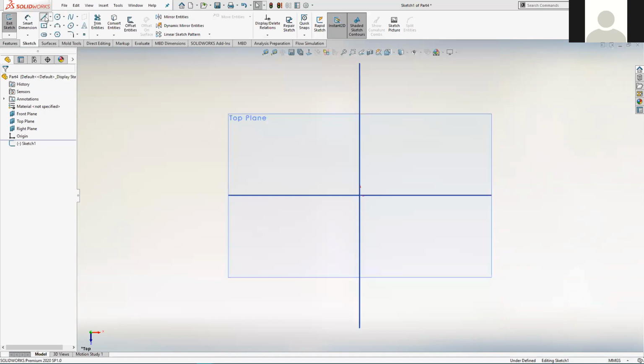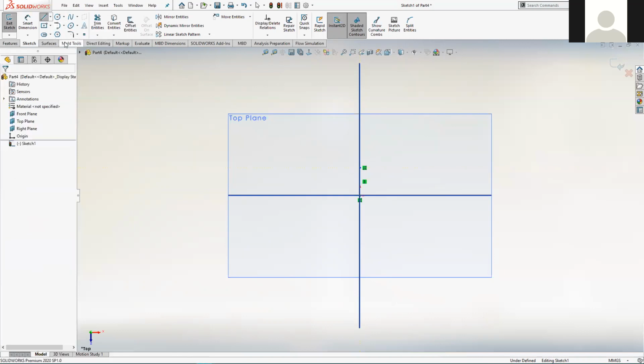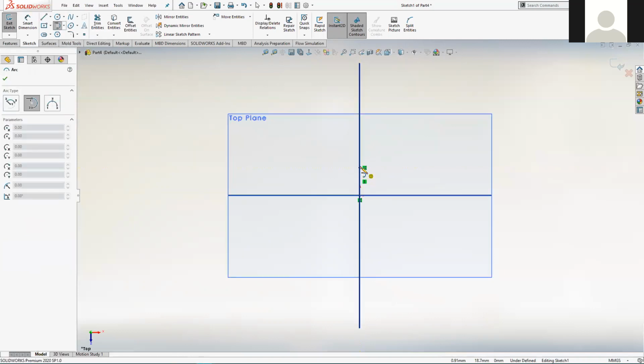So I'm going to get the line tool. I'm going to go upwards. I get that little readout. I'm aiming for around about 18 millimeters, which is tiny on the zoom level that I have on my screen. Then I'm probably going to use the arc tool, but instead of the 3-point arc, which is what we've used before, we're going to use the tangent arc. So if you click on tangent arc and then click on the end of that line, come out to the right slightly and then click again,